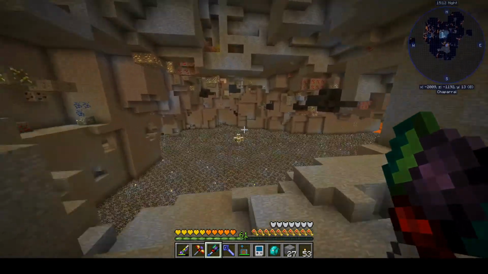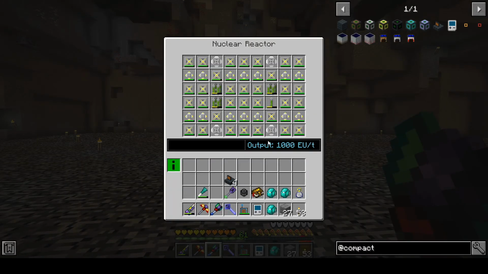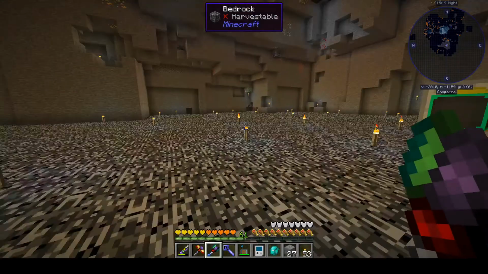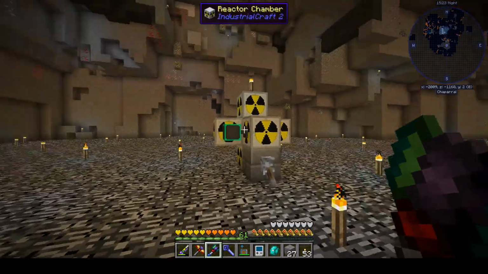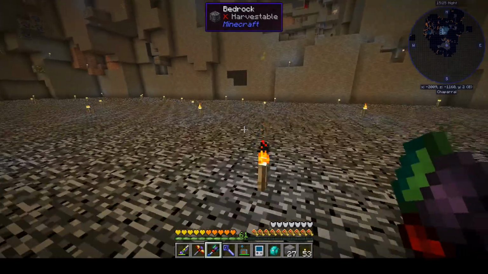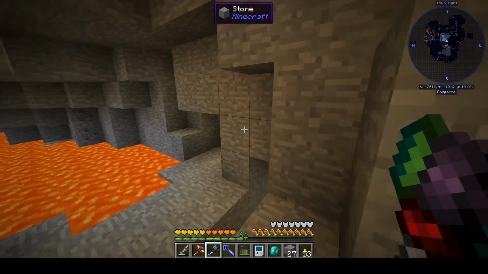So I've currently got it out here, and it's stable, so I'm not too worried about it blowing up now that I know what I'm doing a bit. But it would be fun to have it in my base. But maybe I'll make a little compact room and put it in there. And so if we want to look at that,